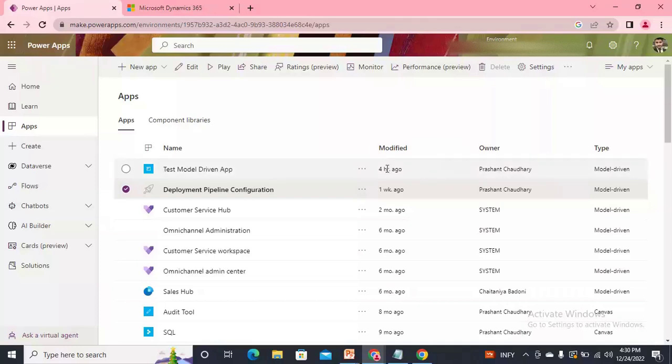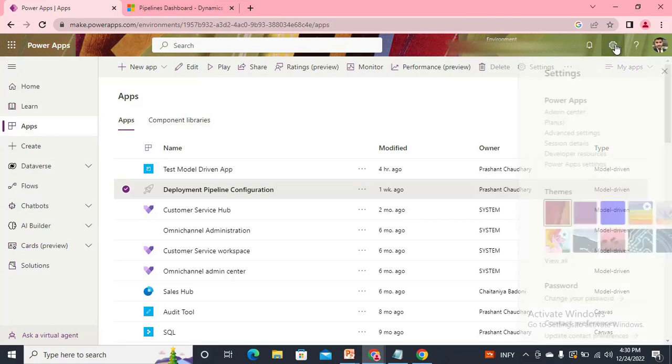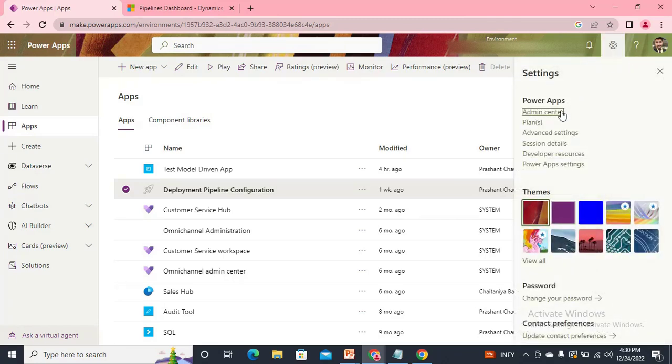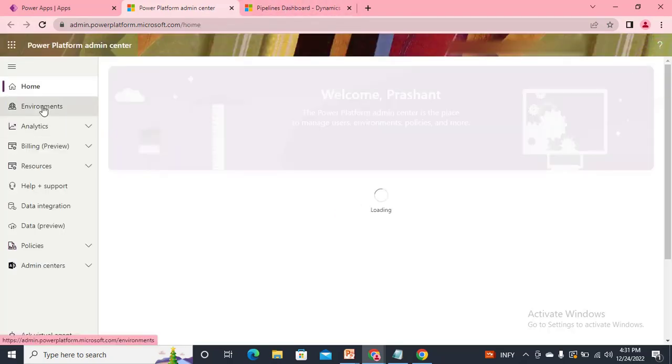Meanwhile, for the deployment, we need the environment IDs of our source environment and our destination environment. The source environment is where we want our solutions to move from, and the destination environment is where we want our solution to get deployed. To get the environment IDs, we need to go to the admin center. You should have the privilege for that first. And in the admin center, just go to the environments,